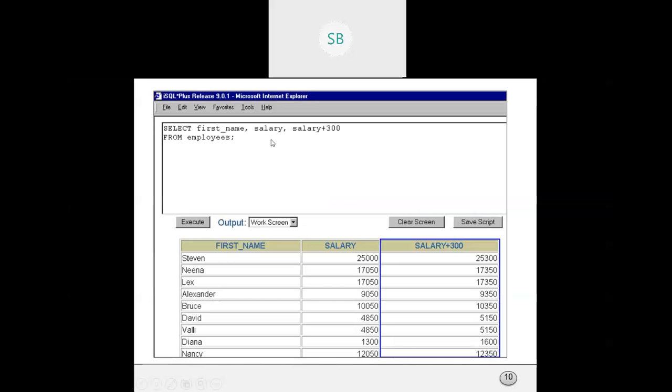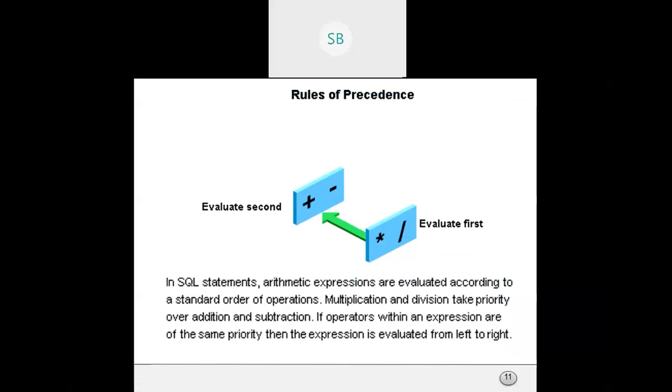If I do like this, select first name, salary. Then in the third column, I want to add rupees 300 to the salary. That is possible. Addition works. Then, like we have in maths, the BODMAS rule, we have a precedence rule. Here also, like in data structures, we had precedence.